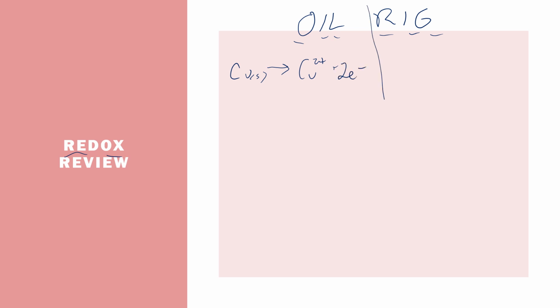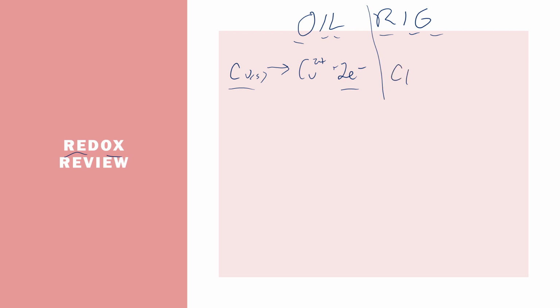Redox reactions. Redox is short for reduction and oxidation, and I always use the acronym OIL RIG. Oxidation is losing electrons, reduction is gaining electrons. So if you have a reaction like solid copper forming copper 2+ ions and releasing those 2 electrons, that's an example of oxidation because the copper is losing its electrons. An example of reduction would be something like